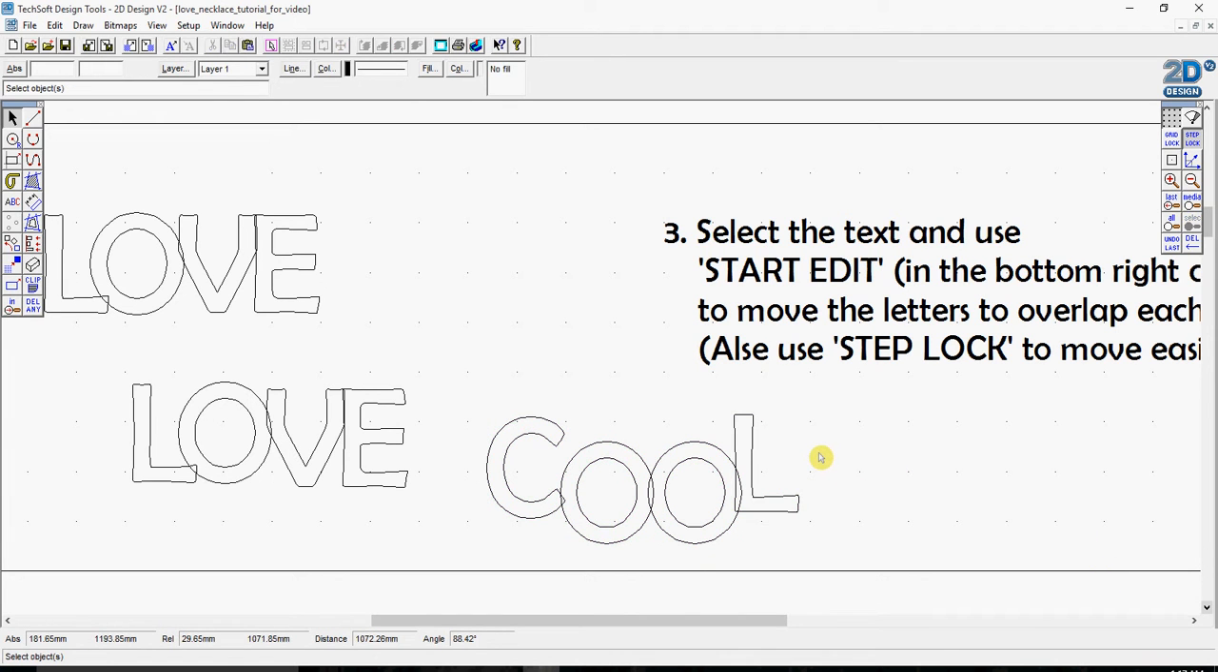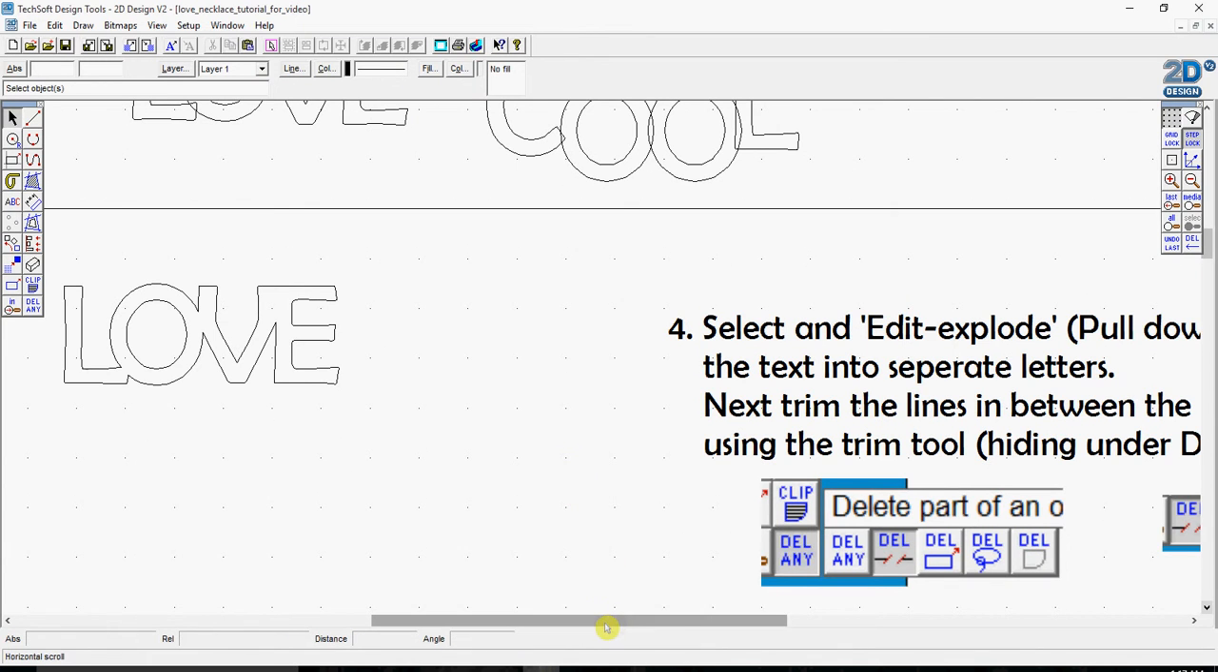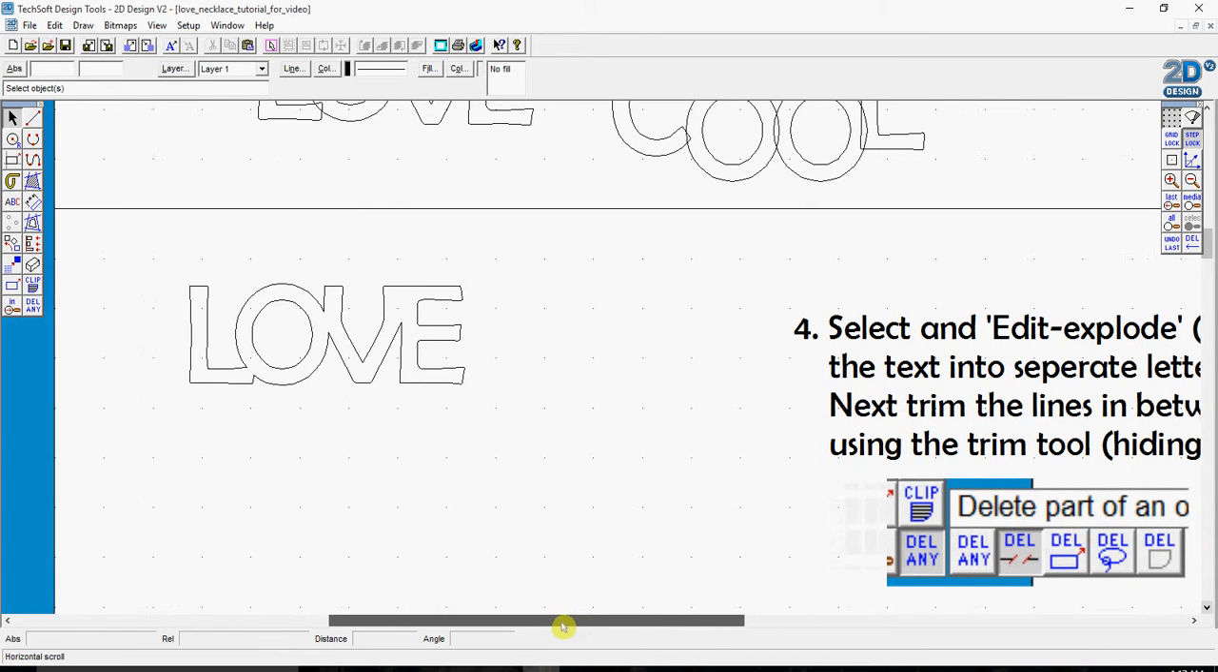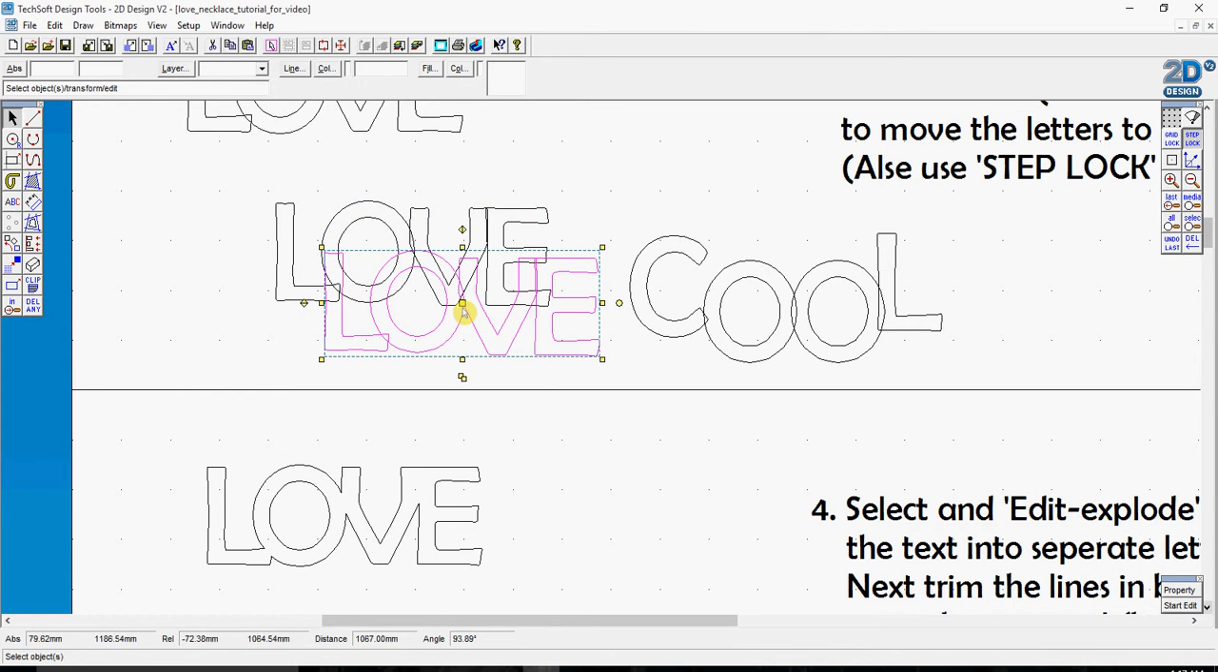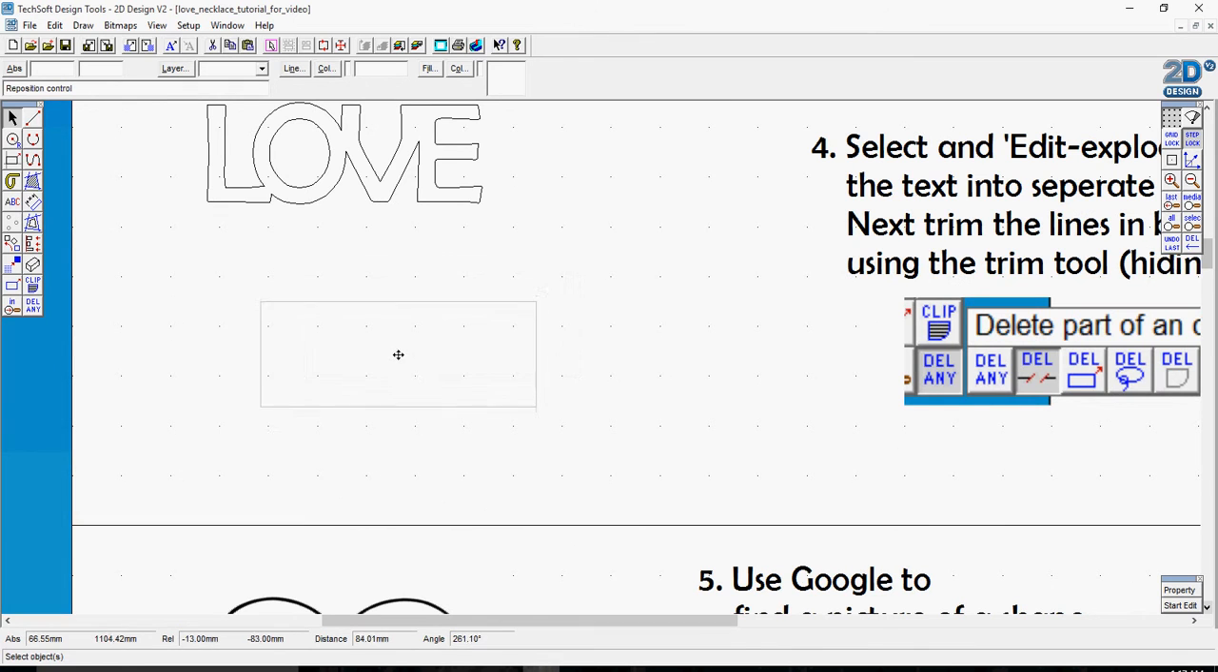Did you get it? So that was just by selecting and going on to Start Edit. Okay, next stage. We're going to take this text that we've done, so I'm just going to move this one down, just copy this one down here,